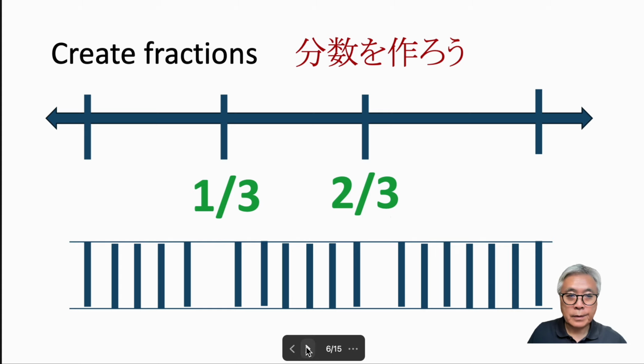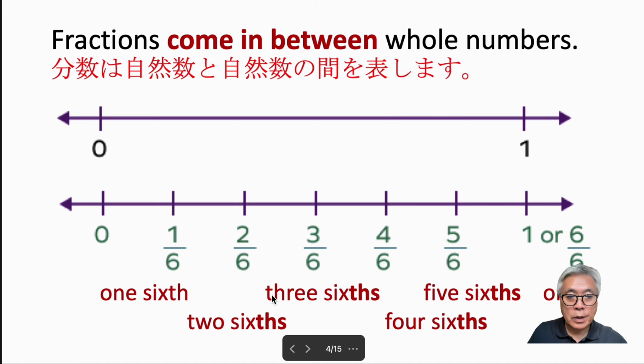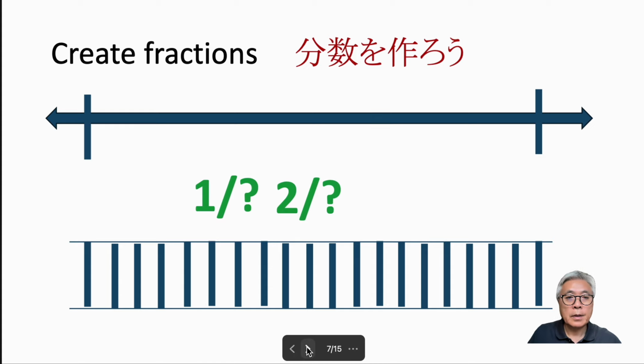Really difficult. Okay, but back to this one. Point is, 3 sixths, 4 sixths, 5 sixths get an s. これは上の数字が複数、1じゃなくなるとこういうふうに普通 s がつきます。Okay, so this one is 2 thirds になります。